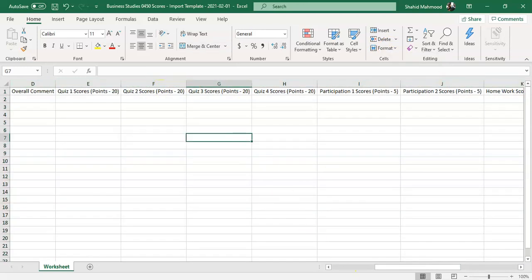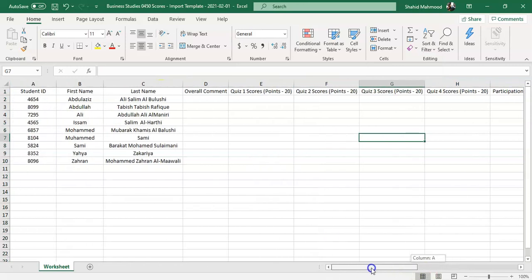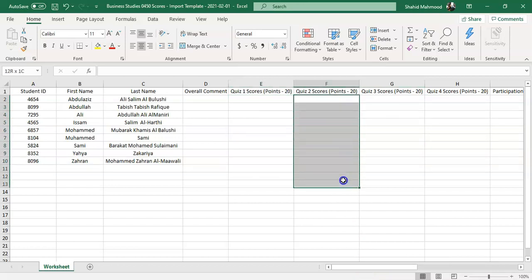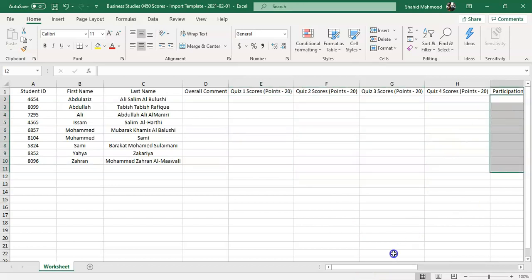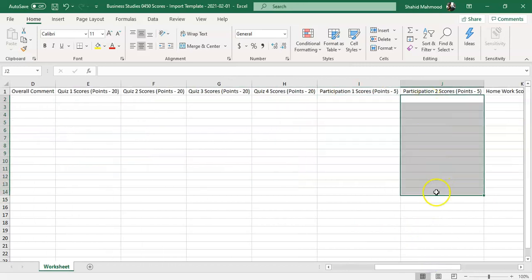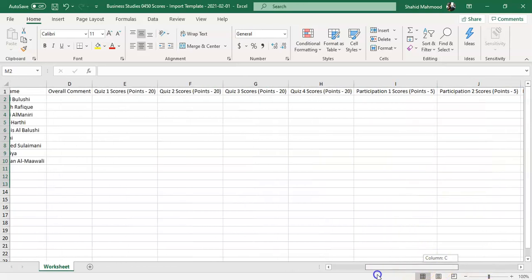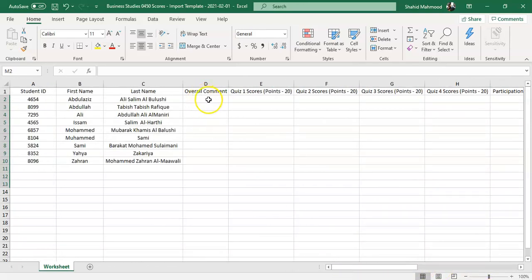So now you can read, and all the columns are adjusted automatically. You can enter all the scores here, out of 20 for each of the students, including the final score, and the overall comments will be here.